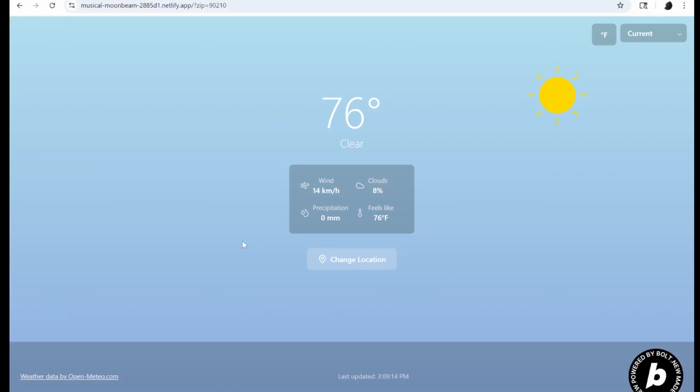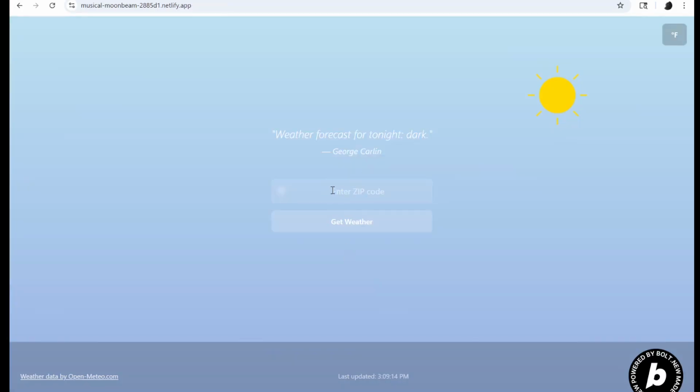Hi there, this is my entry for the Bolt.new hackathon, in particular the one-shot challenge. The idea behind that challenge is that you get the entire application in one go from one prompt. Additionally, I'm using Netlify here for deployment, such that it's able to host it for anyone to access if they want to. You can see here, I've already gone ahead and entered a zip code, but let me go